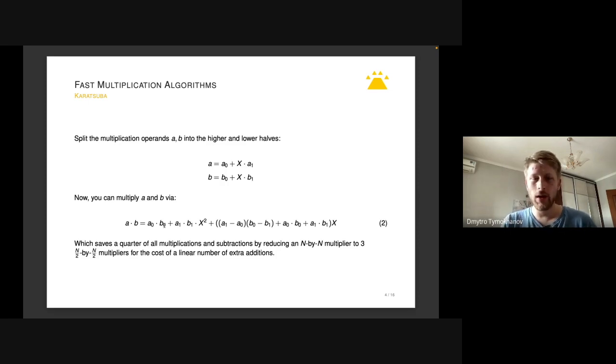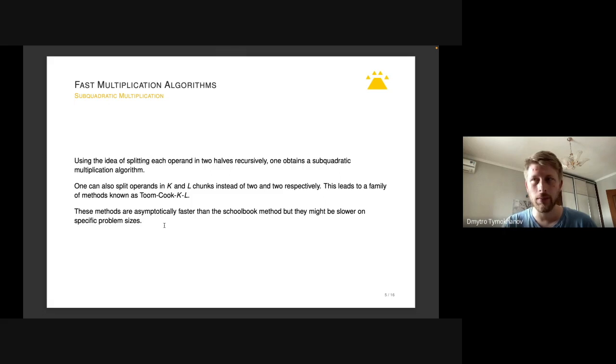So this number is some constant times n additions, with which we buy n squared divided by 2 multiplications, and n squared divided by 4 multiplications, and n squared divided by 2 additions. So it's obvious that at some point, for n large enough, this trick will yield fewer multiplications and fewer additions. And if you go one step further and apply this recursively, it's not immediately obvious, but you can see that this yields a